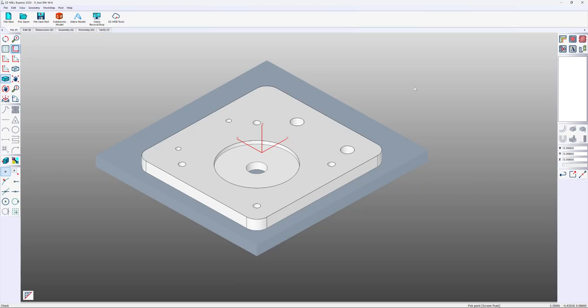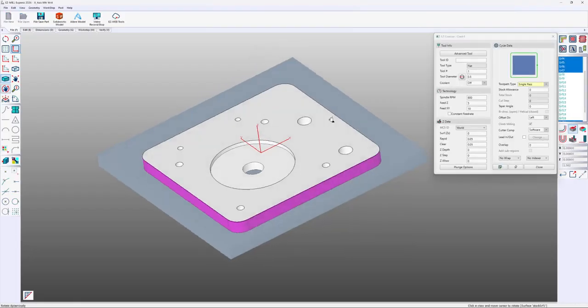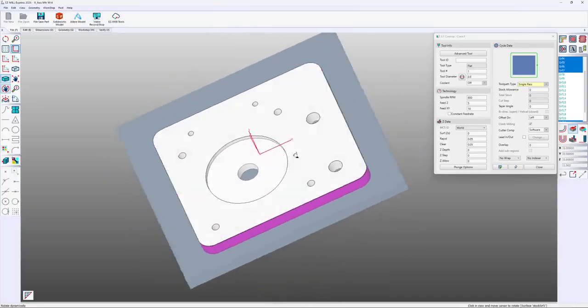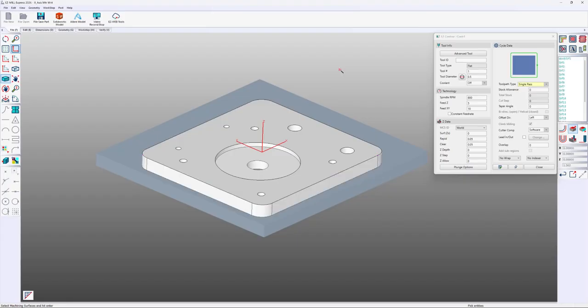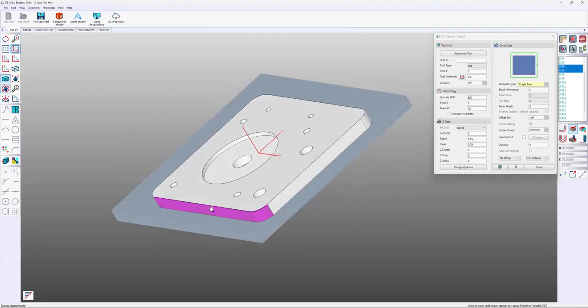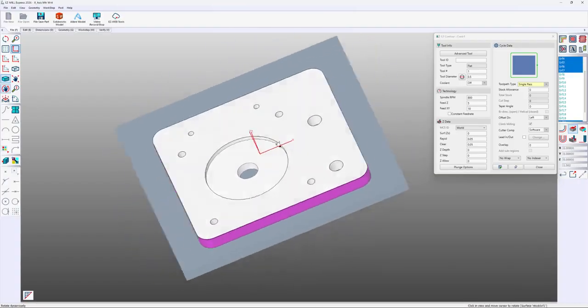I'll start with the tabs. So let's begin with a contour. Smart Click is active. That's represented by the wand. Select one face and EasyCam chains all the faces together that make up that contour. Now if I click on the screen again, it removes those from the operation. If I hit the Shift key, I can pick surfaces individually and machine just those areas. I'm going to hit Smart Click again, and all is chained.